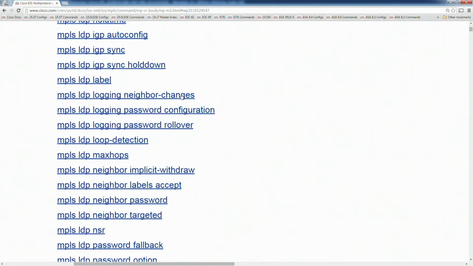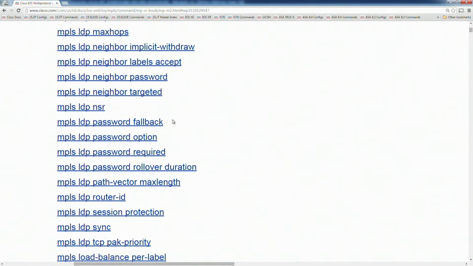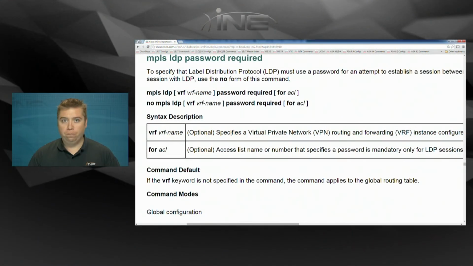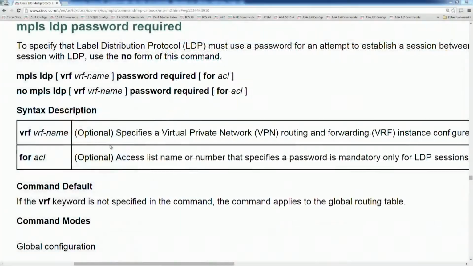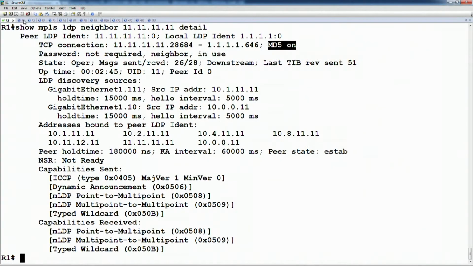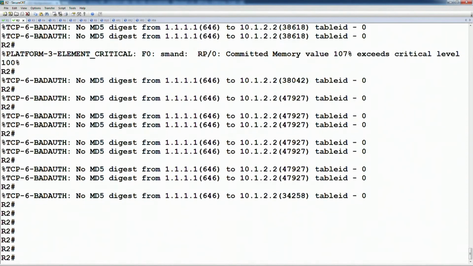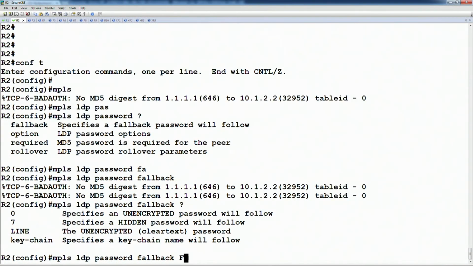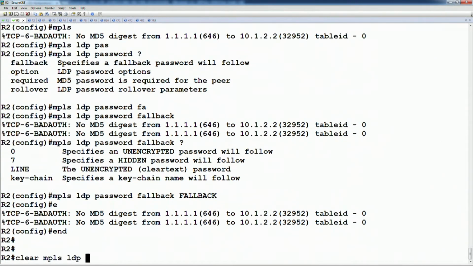And there's another option where you could say that is the password actually required or not. This would say if I have a neighbor, I don't have the password configured, I have a fallback password configured, but if the password is not required, I could ignore that and still set up the TCP session with them. So for example, if we were to go to router 2 and we were to say that the MPLS LDP password fallback is fallback, and we then clear MPLS LDP neighbor star,